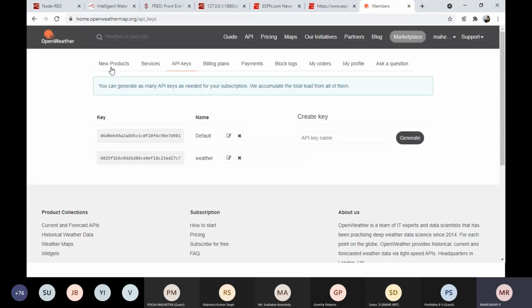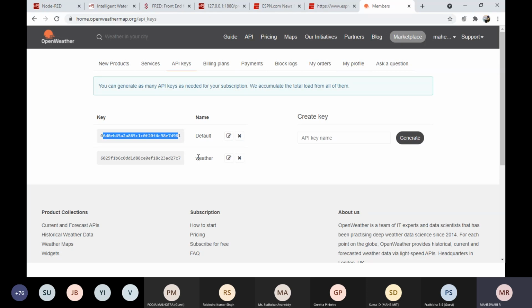Now in this, there are a few tabs available. One thing we are going to do is the API key. You click this API key. Either I can take this API key, or I created an API key for weather. So I kept an API key generated here.